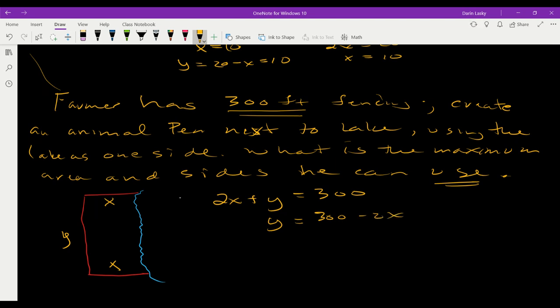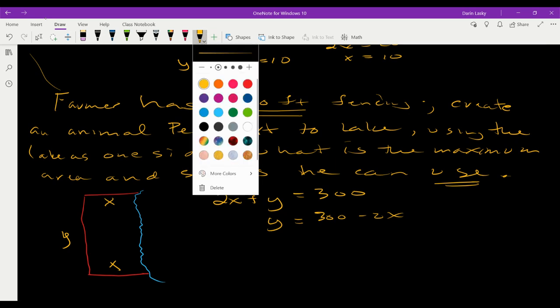The reason I do that is I want things in terms of one variable, like x or y. You could have solved for x, it doesn't matter. So now I know that y is equal to 300 minus 2x. Now that we've used the perimeter a little bit, let's go ahead and